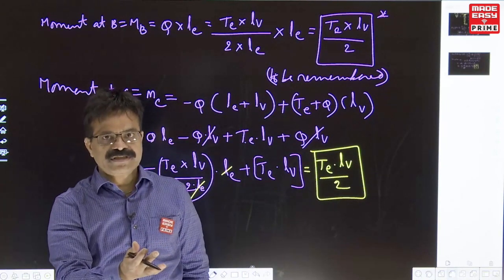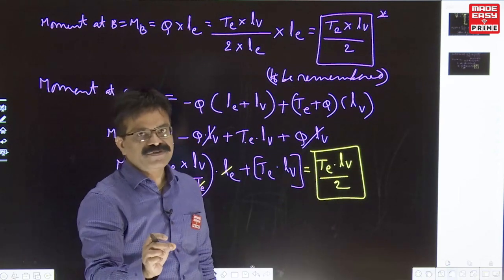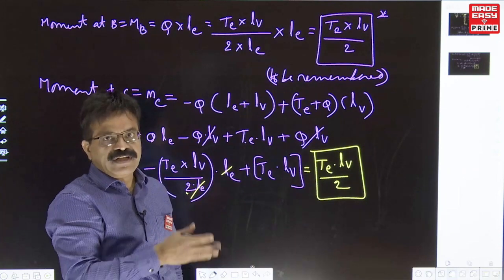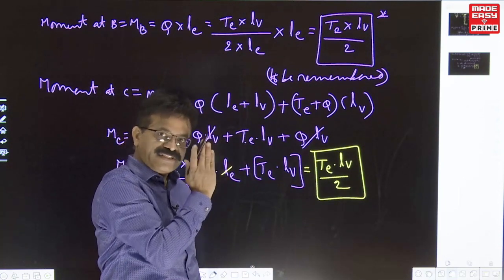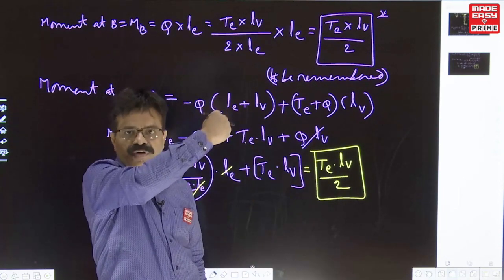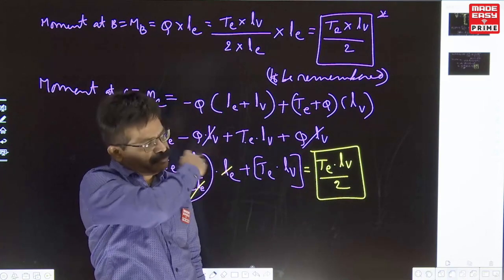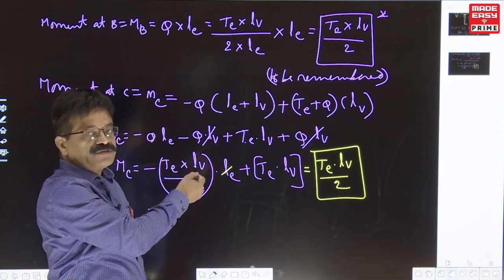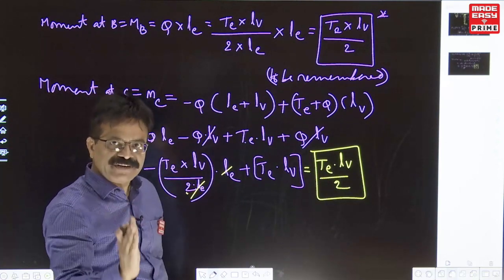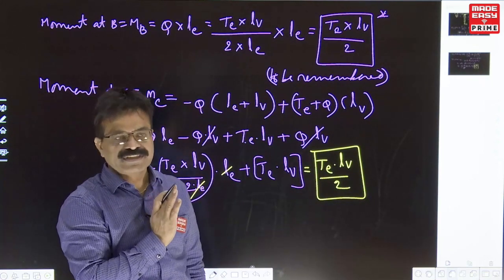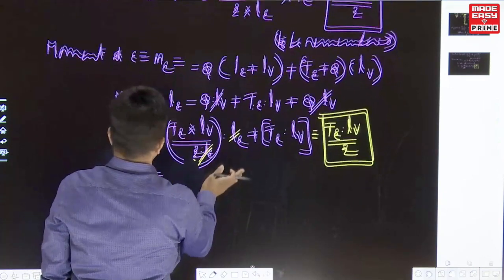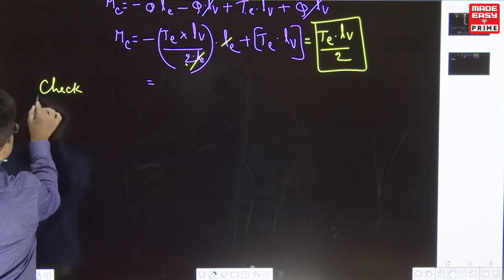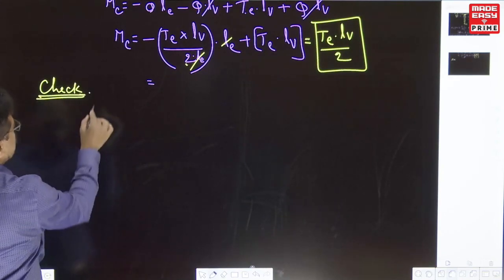Two possibilities. At the center, if a plastic hinge forms, it fails because of the failure of the plate. At B, if at all a plastic hinge forms, then the tension will be so high in the bolt that the bolt will break. So prying force you have to check. So two checks, whether the plate will fail or the bolt will fail, you have to check. So the moment at B and the moment at C, both of them are the same.